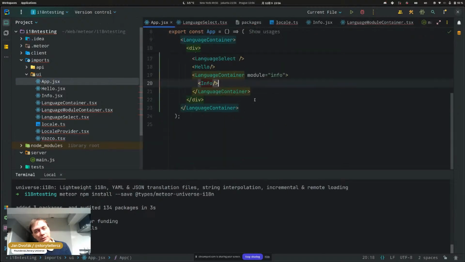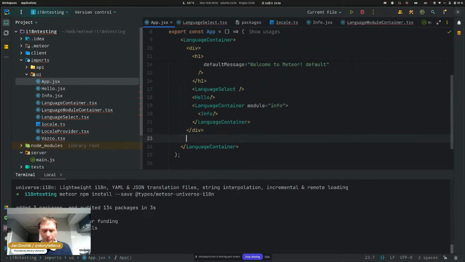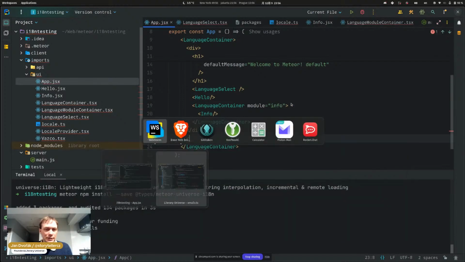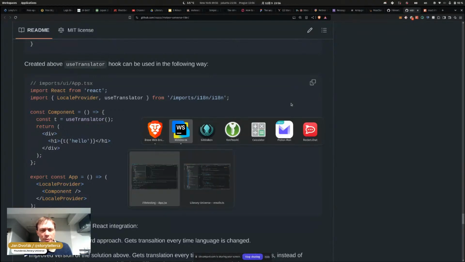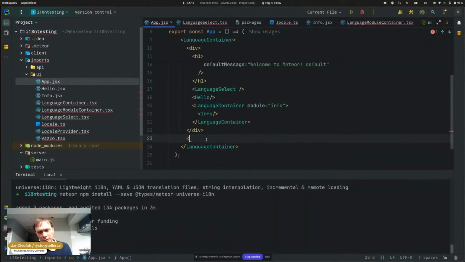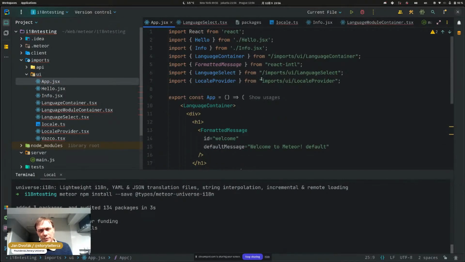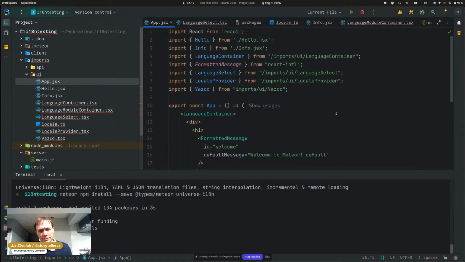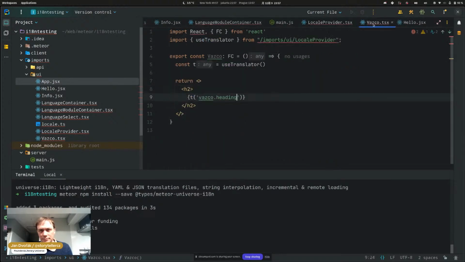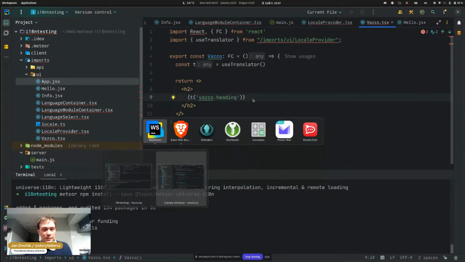If we want to put it into our app, they have one div over here. Let's do the, need to add the locale provider here at the top. Locale provider, of course, it's wrong. Import again. That'll be import Vasco. If these things know how to write imports. And now,